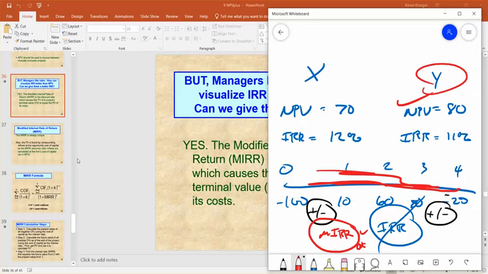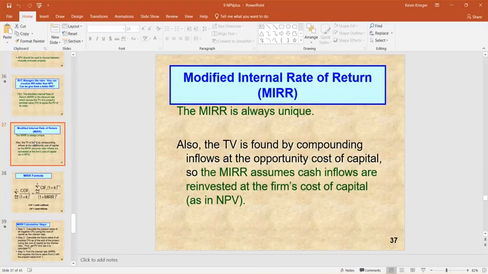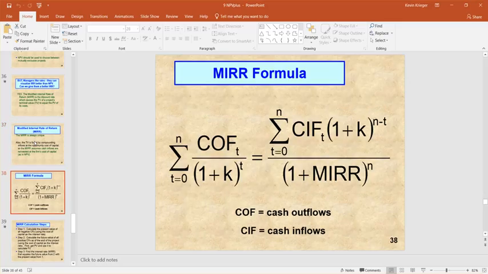The modified internal rate of return, you would think, is a lot like the IRR. The execution, the actual work done to come up with the number for the MIRR, is pretty different. It's more involved. It's not just a simple one-line thing on the calculator. So while MIRR and IRR share a name in common, at least 3 of the 4 letters in the abbreviation, the actual work done to come up with this formula is tricky.